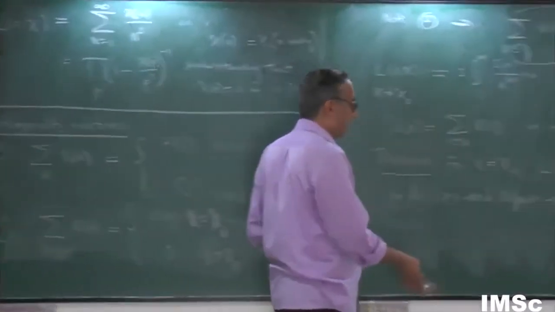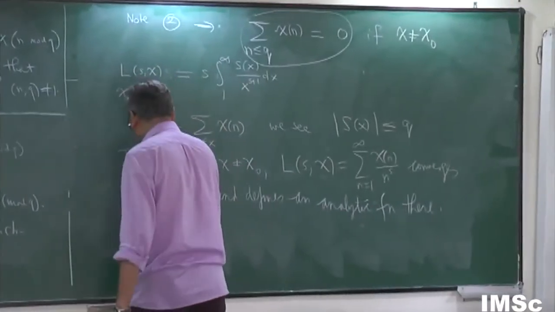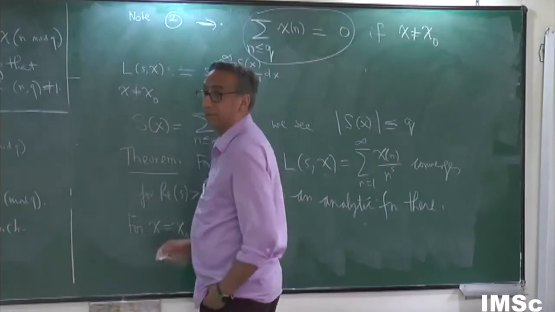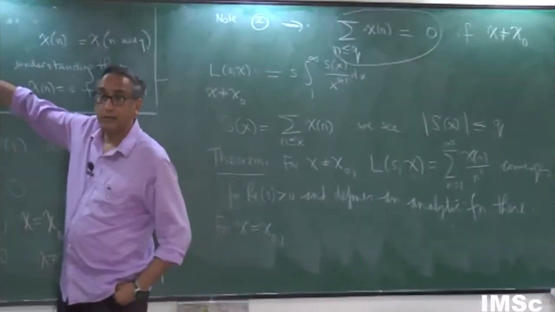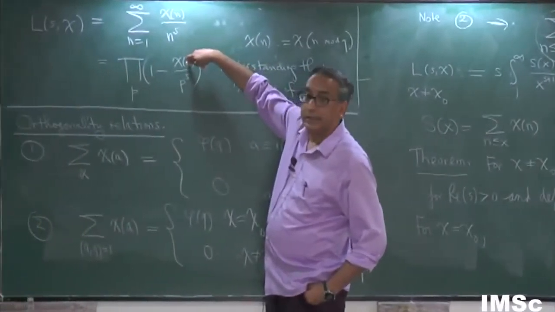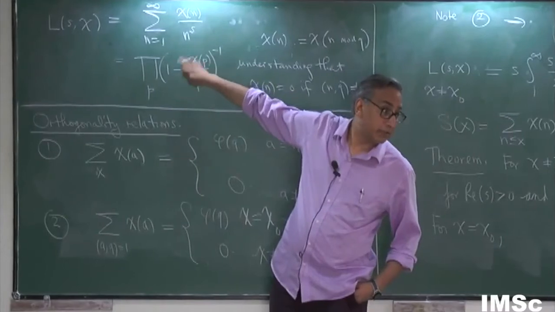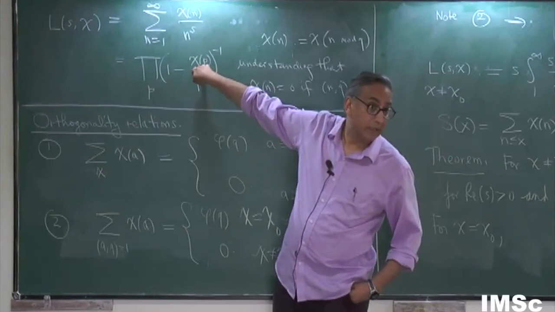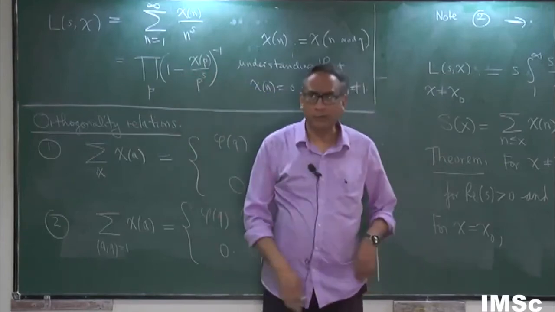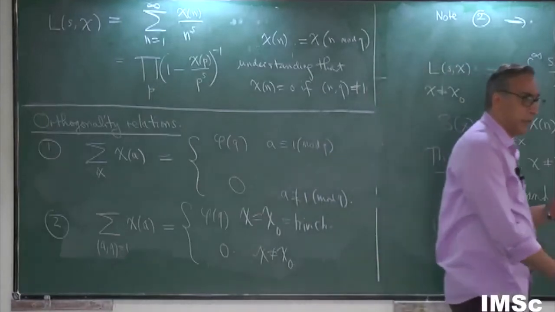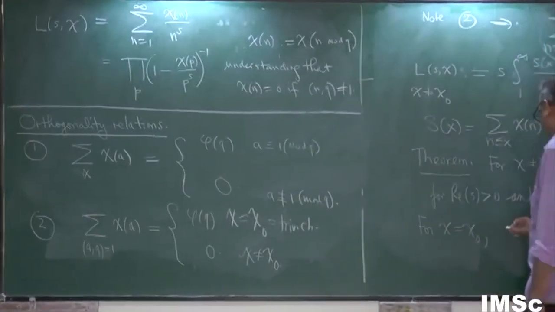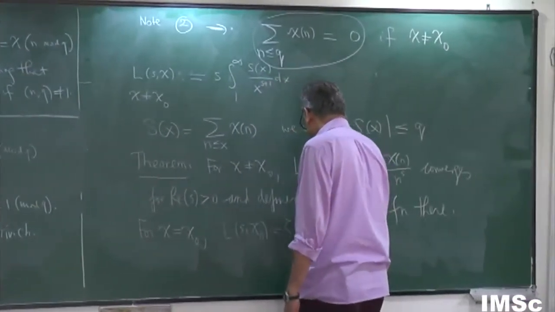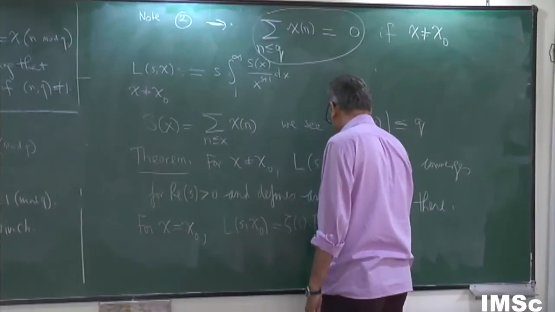Okay. And by the way, for chi equal to chi naught, I should have said something here. For chi equal to chi naught, which is the trivial character, what do we have here? Chi is the trivial character. So when p divides q, this is just 0, so there's nothing there. When p doesn't divide q, it's 1, and therefore that looks like the zeta function, except that you've removed the p Euler factors with p dividing q. So essentially what we have is L(s, chi naught) is equal to the Riemann zeta function with the Euler factors